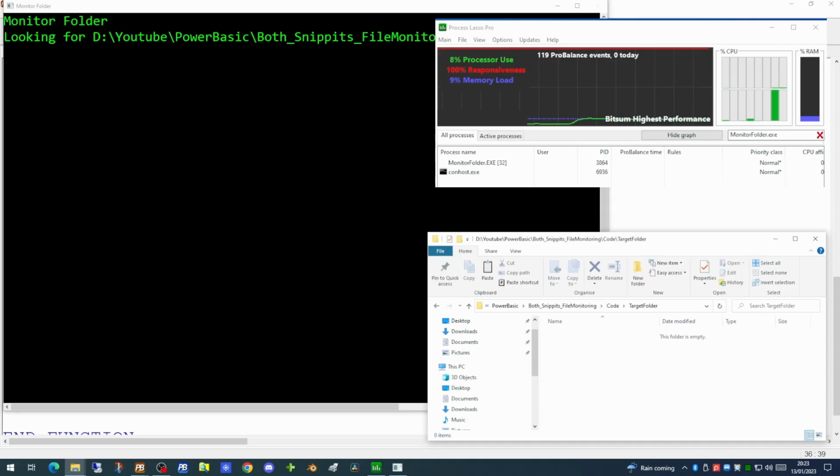Can we make it more efficient? Before we try to do that, let's copy in the target file the program is looking for. If we paste this into place, we'll find that the program acknowledges it has indeed found the file and the program has now completed. And the percentage CPU usage has dropped back to 0. So although our program is actually functional, it's not very performant. So how can we improve on this?